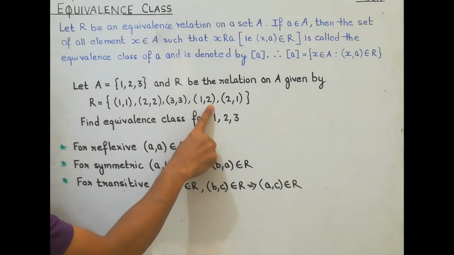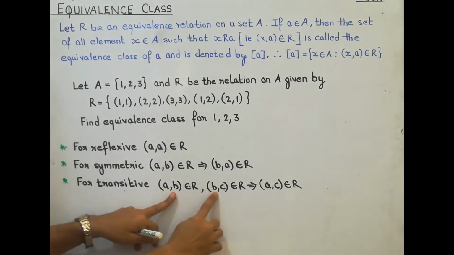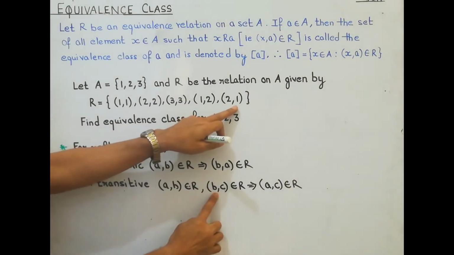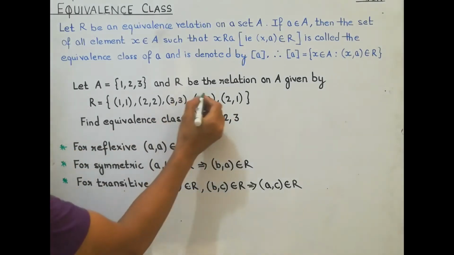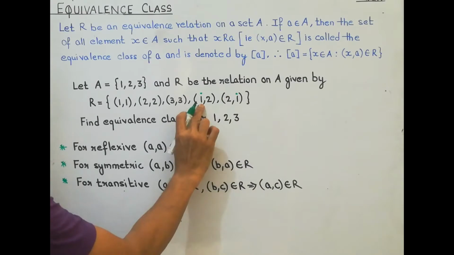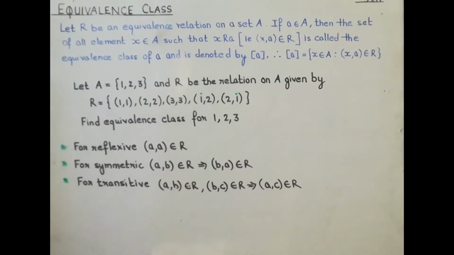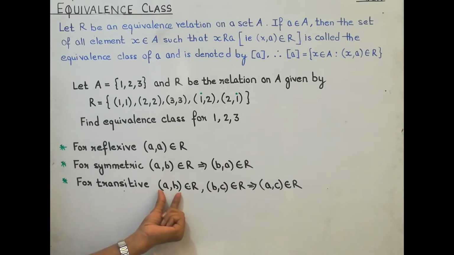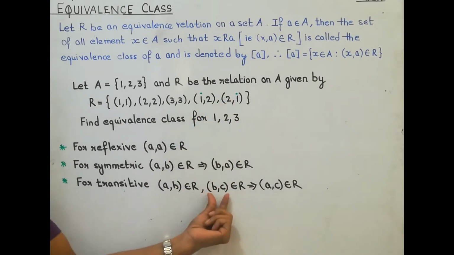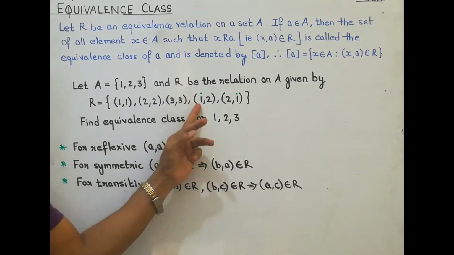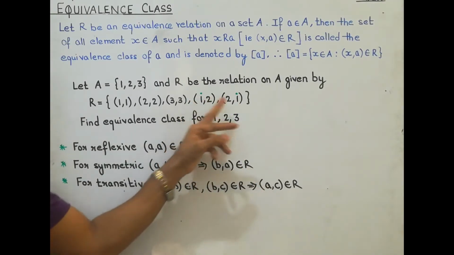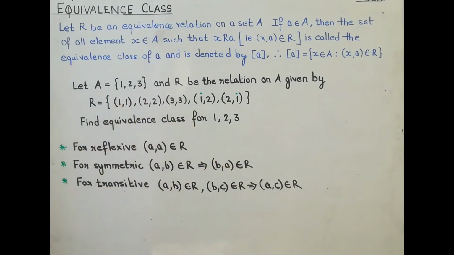Now let us see this one. 1 comma 2, that is A comma B, then 2 comma 1, that is B comma C, and for that we need A comma C. Here you can see 1 comma 2 belongs to R, then 2 comma 1, that is B comma C, belongs to R, then A comma C, 1 comma 1, should belong to R, and it is present there. So you can see if (a, b) and (b, c) are both present in this relation, you can take any of them and you will find that (a, c) is present. So you will say that the relation is